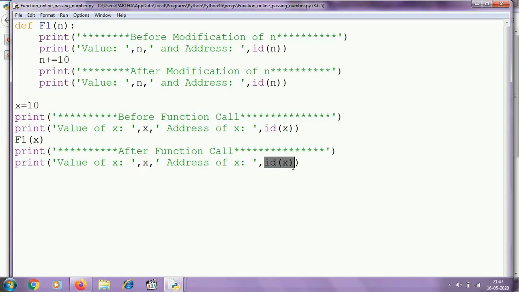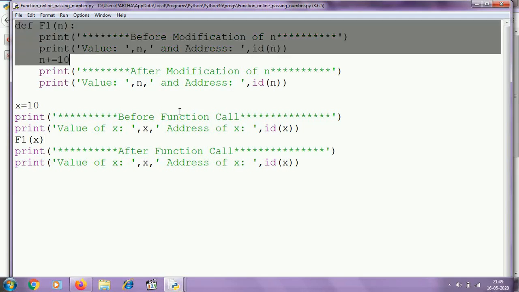We are going to check whether there is any change in the argument or not, and here n is the parameter. In my previous videos I told you that the value of x will be assigned to n, but with the help of Python tutor I shall show you what is happening inside.